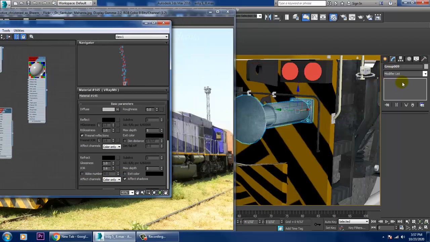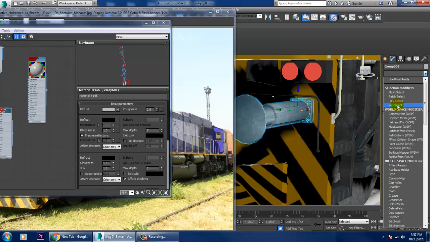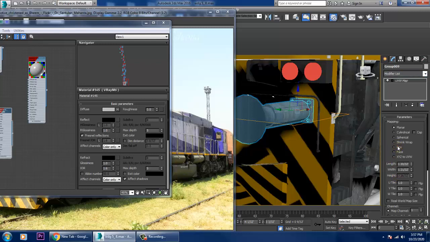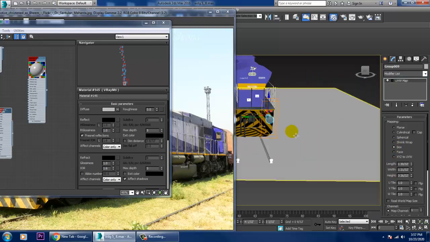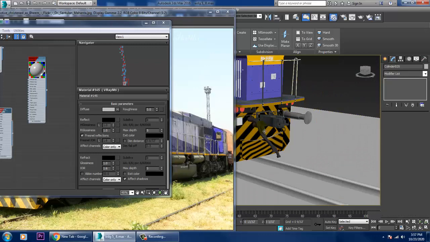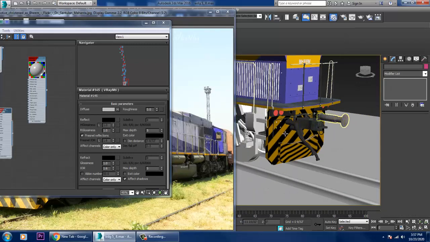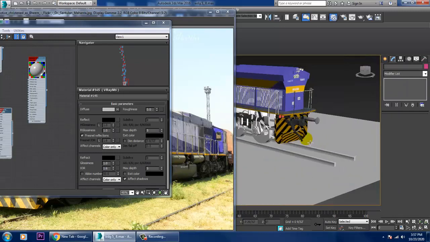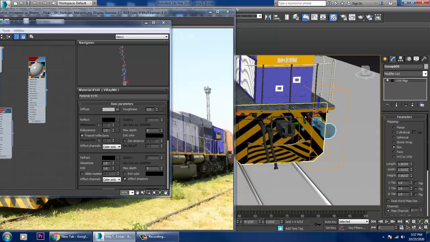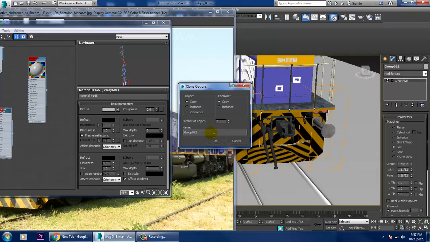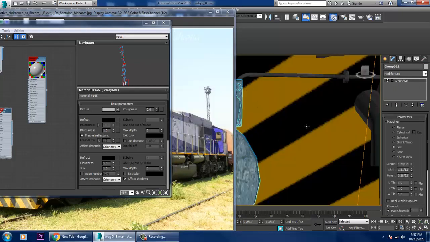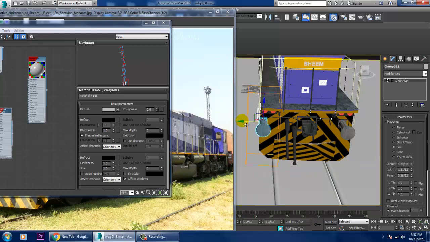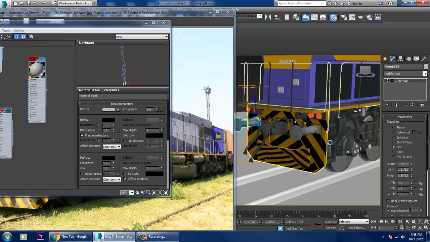Take this metal over here and let's just give a UVW map and just fit it. So just delete this stuff. So select this and let's just duplicate it on the other side. So you can just push it inside in this way. So save your file, it's very important. Please keep on saving the files.